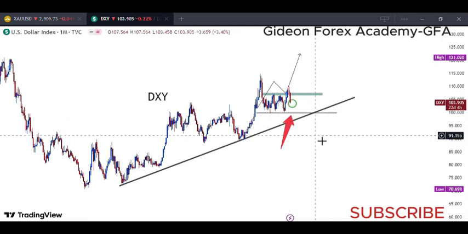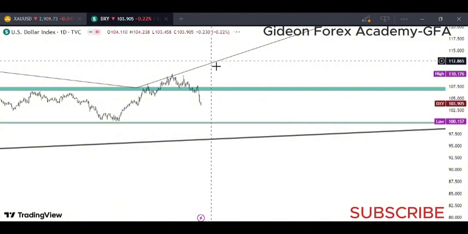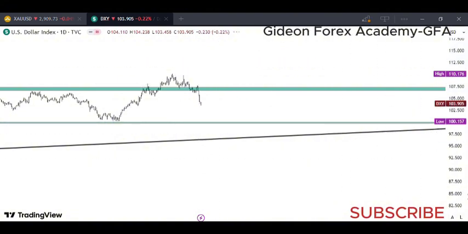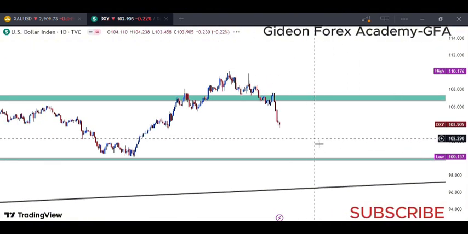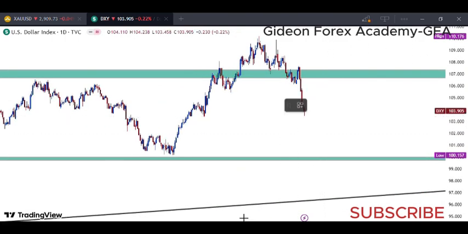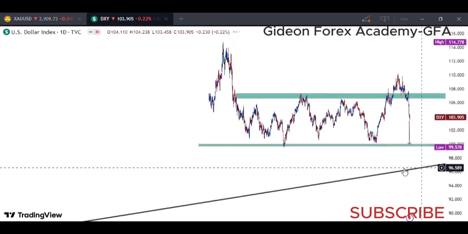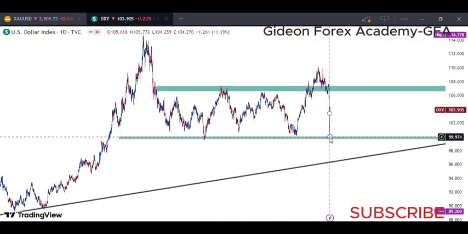Let's go to a daily time frame just to look at how the dollar is performing. Basically what we are looking at with the dollar is we are selling the DXY, back to this point here, to about 100 basis points. That's what we are looking at for the dollar. And since the US dollar is weakening, it could even drop further to this point, to about 96 basis points.